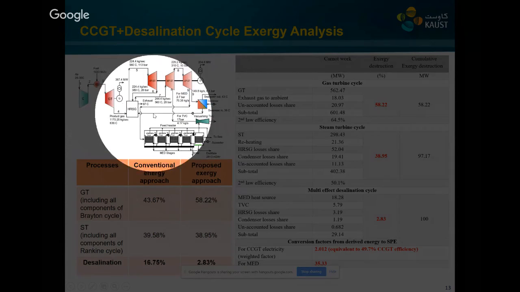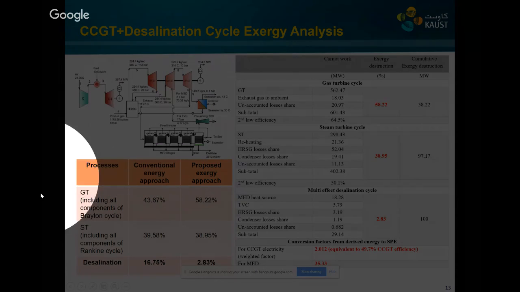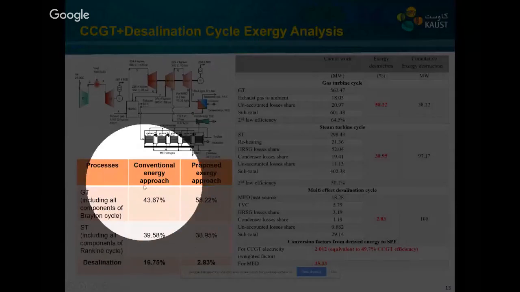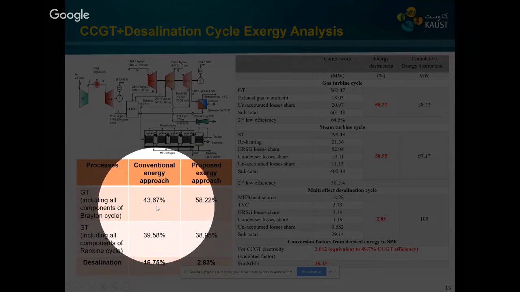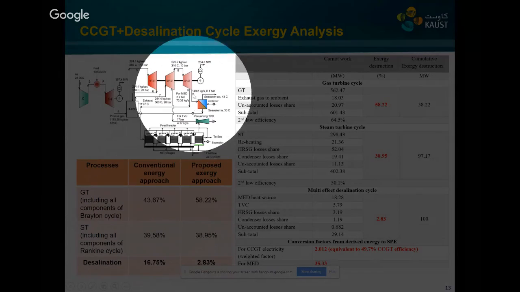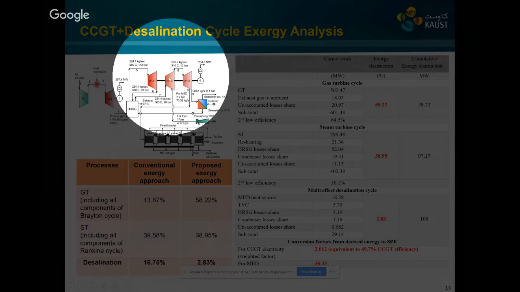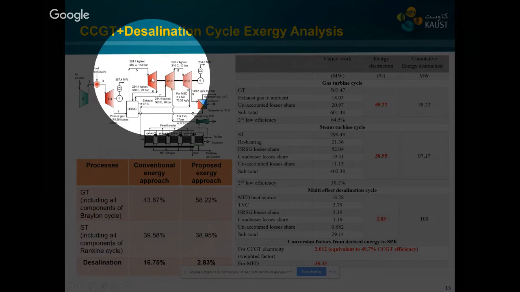So we did the complete analysis, and we compared our proposed methodology with the conventional energy approach. Conventionally, people use the energetic approach. The main problem with the energetic approach is that it cannot distinguish the different grades or quality of the working stream, because it's mainly based on the flow rate. And as I mentioned, the steam that is bled from the last stages of the turbine has a quality totally different from the high pressure steam that is supplied to the first stage of the turbine.